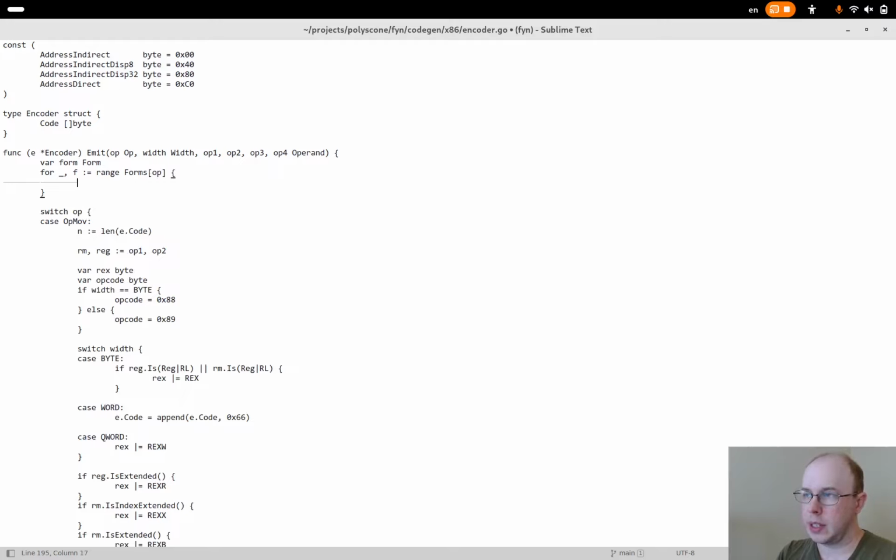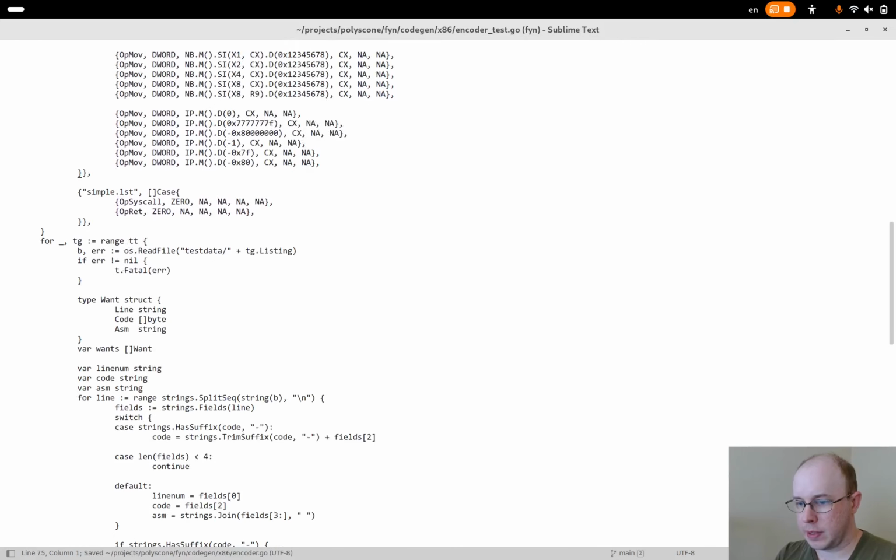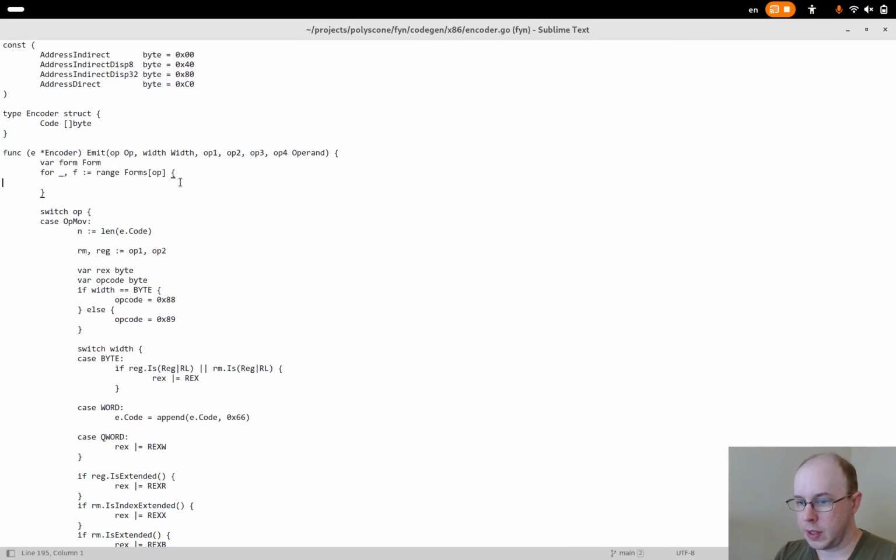So what I'll do is say that if the width is just nothing, if the width has not been set, so for example, syscall and ret will have 0 as their width. But if we're not setting the form width, I think that if a form doesn't have anything set, then maybe we'll just say that that's an automatic match.